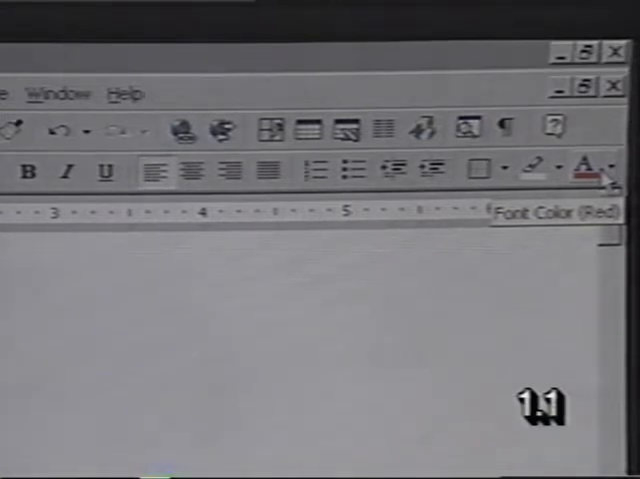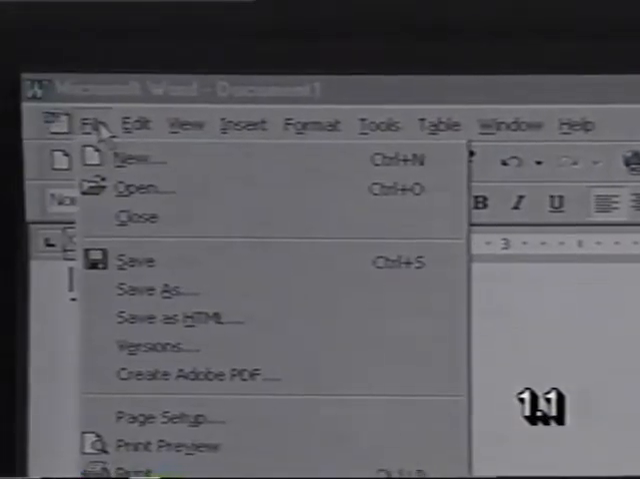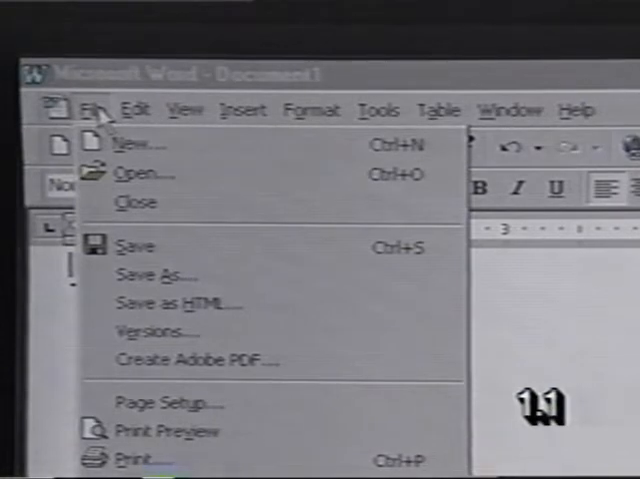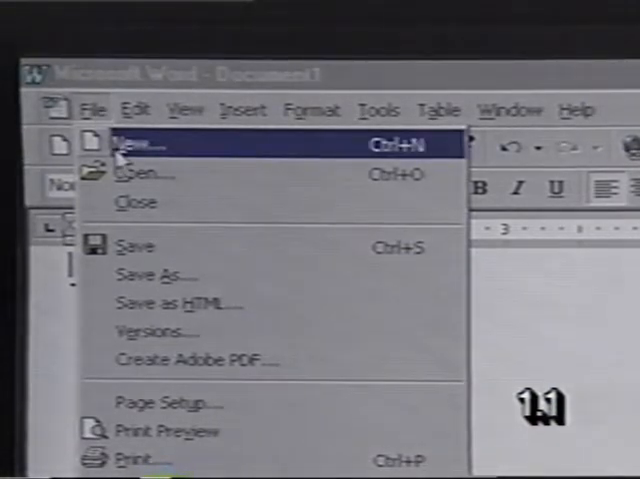If we select a menu such as File, here you'll see that our menu options are defined and listed not only by their name, but also with the